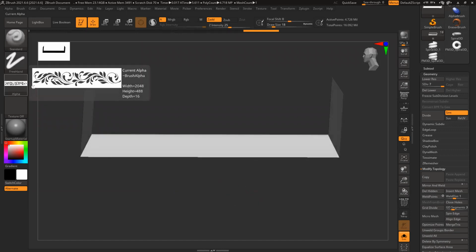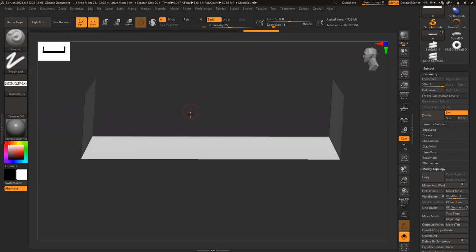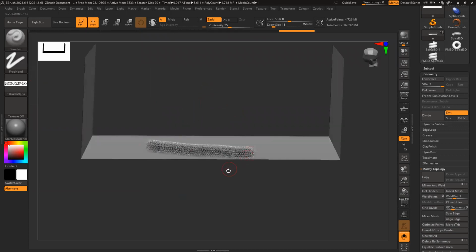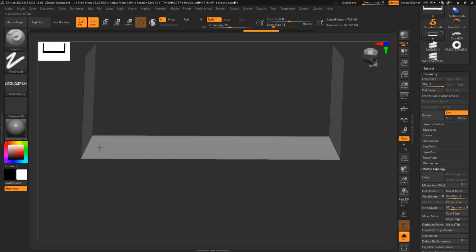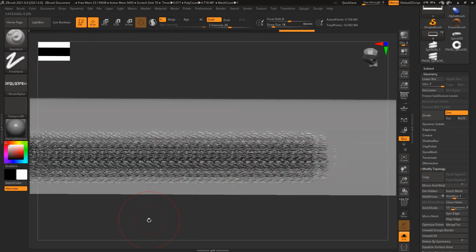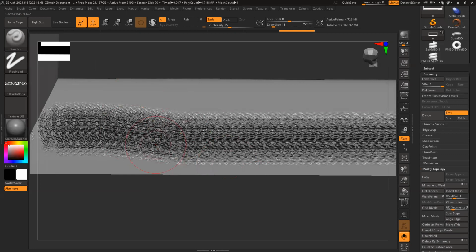Okay, all white will come out, black will go inside, so it doesn't work here. I have to invert this thing, go to brush, alpha, inverse. But still it's creating this messy design.